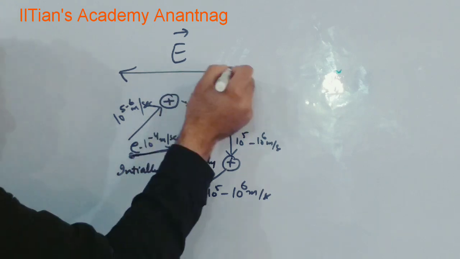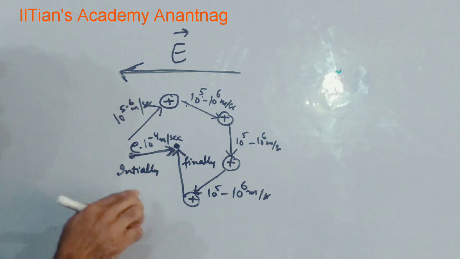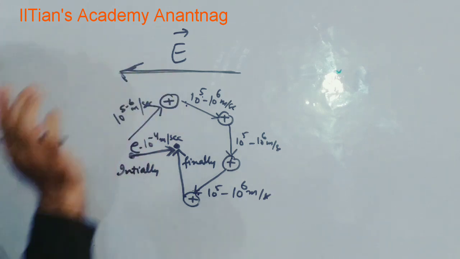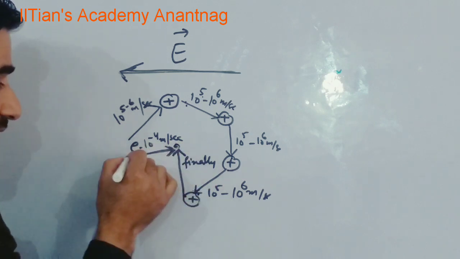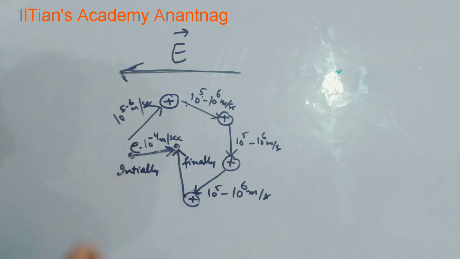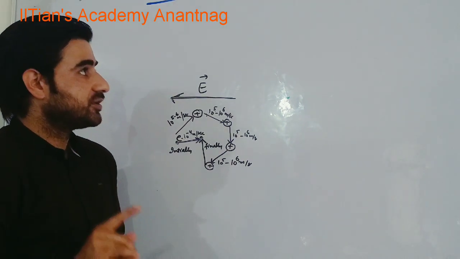This drift has taken place opposite to the electric field. This is not an isolated conductor, because if it was an isolated conductor, as we have discussed earlier, then the net electric field is 0. Now the electron has drifted from this point to this point. This drift has taken place due to drift speed, that is of the order of 10 raised to power minus 4 meter per second. Now, if I derive the expression for drift velocity, the expression cannot be derived by taking a single electron into account.